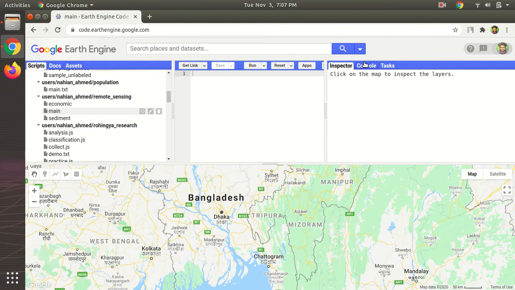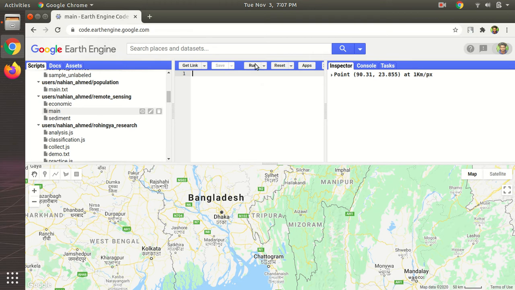When we come to console, we have a different symbol. So we will go to inspector and then click on the center, sort of the center of the point or the area that we want to zoom into. So let's say that Dhaka is the center of this area. Now we need these coordinates. These are the coordinates on the Earth's surface where this point lies. So we will now center our map.